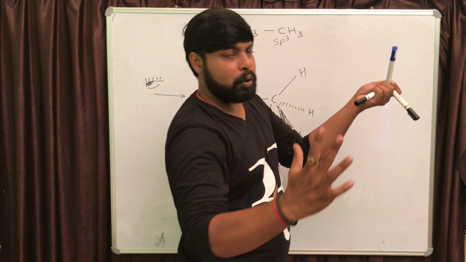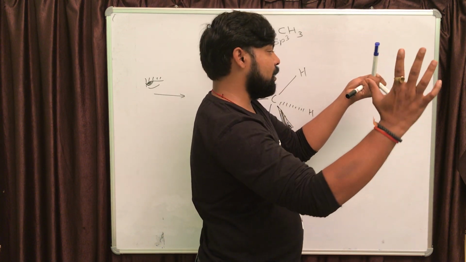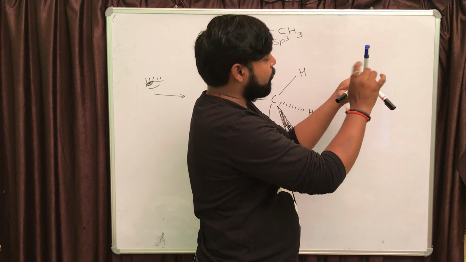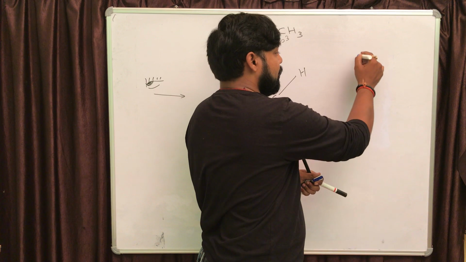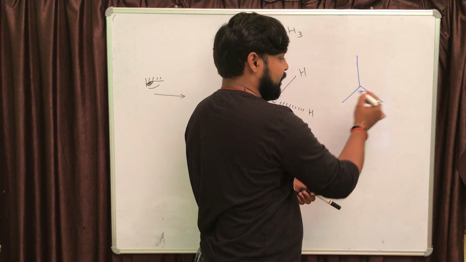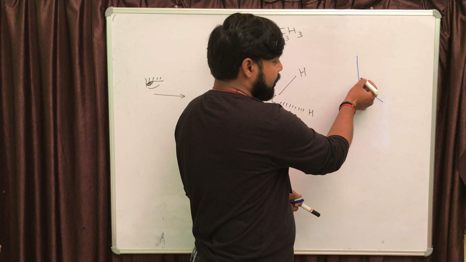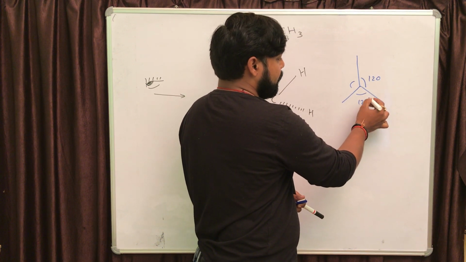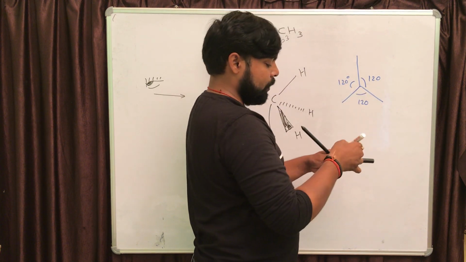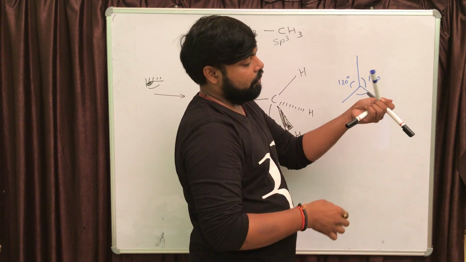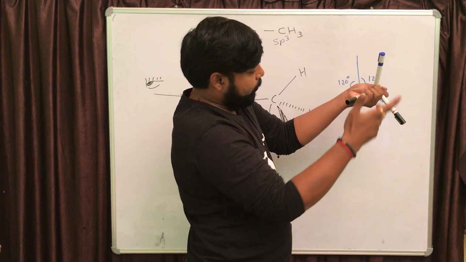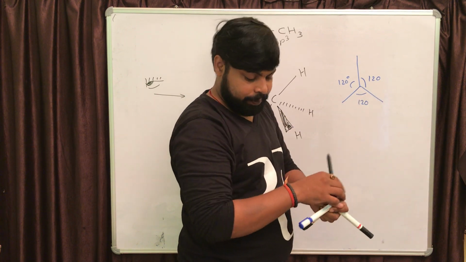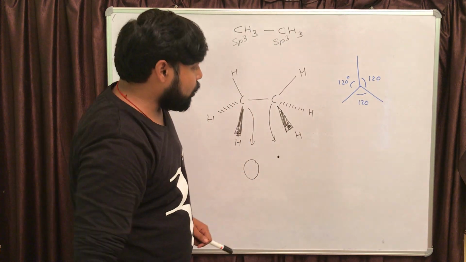And if you take the projection now, just force the light from the front side, you will find that these three carbon-hydrogen bonds will be in a trigonal planar like structure, and the angle between the three carbon-hydrogen bonds will be 120, 120, 120, and the total angle in the plane is definitely going to be 360. So the bond angle, if you are taking the projection between two bonds, is going to be 120 each, right? So I'm going to draw that structure.